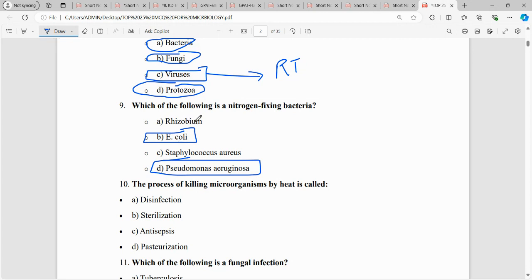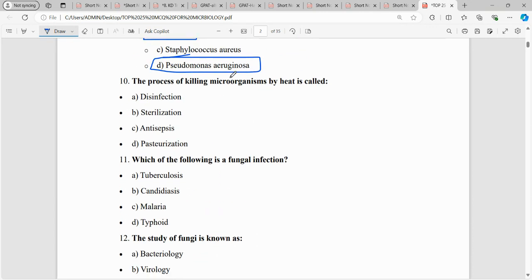But Rhizobium species is a kind of nitrogen fixation bacteria. The process of killing microorganisms by heat is called sterilization. Disinfection means you don't heat it. You usually use disinfectants, mild disinfectants or phenolic compounds, chloroxylenol and all, like Dettol, Savlon. Antisepsis is you prevent sepsis, but sterilization may use dry heat, moist heat, radiation, or filtration as methods